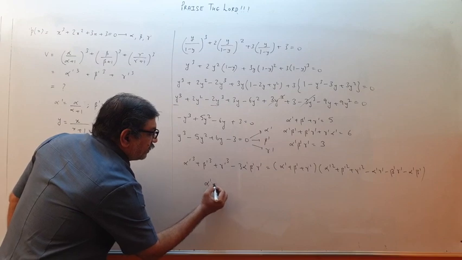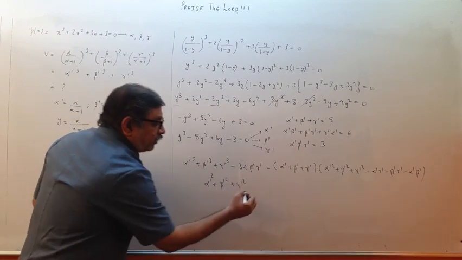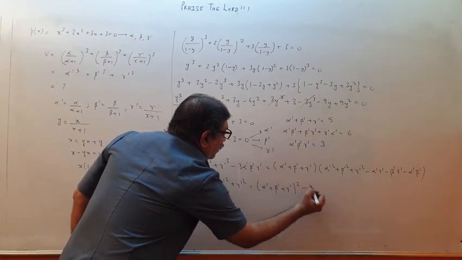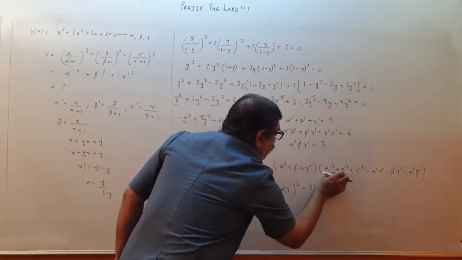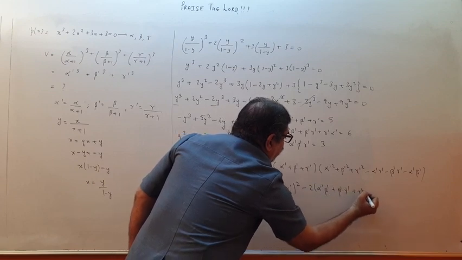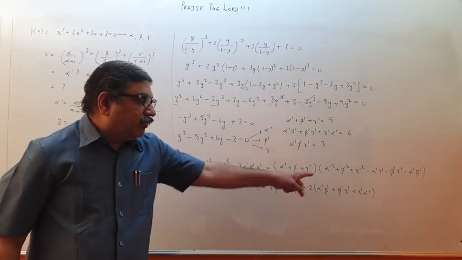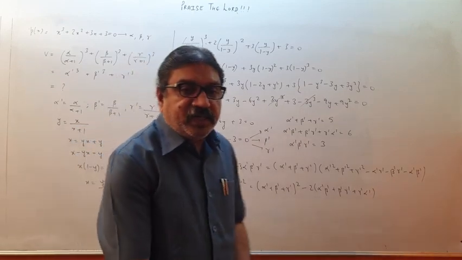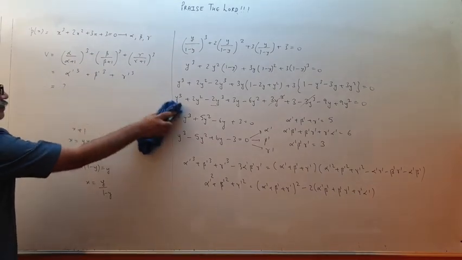So first I will find out alpha dash square plus beta dash square plus gamma dash square. That, you know how we get it? Alpha dash plus beta dash plus gamma dash whole square minus 2 into alpha dash beta dash plus beta dash gamma dash plus gamma dash alpha dash, like I told in the previous. From here we get this, put, we will get this much. It's a very long sum for JEE Advanced, but like this you have to do. Please pause and copy.